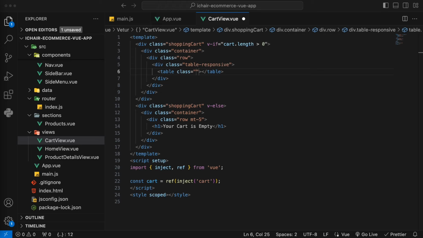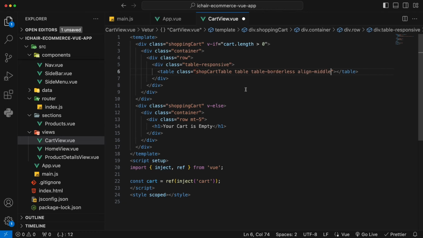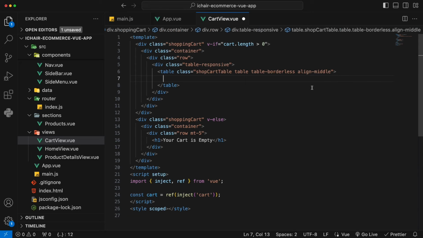Some of the class names are customized, some of them are Bootstrap class names. I'm just going to copy and paste in these three. Table borders, line middle, these are Bootstrap class names, but the shopping cart table is my customized class name. So we wrap everything inside a table tag, and then the next thing is just going to add in